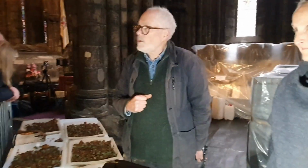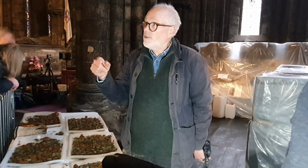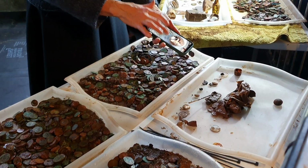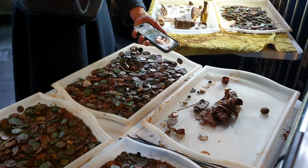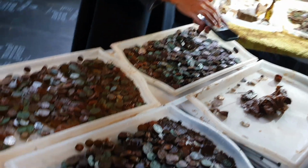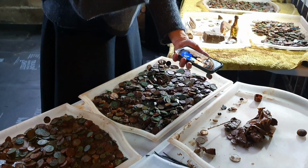So is the stonework in there the same age as this stonework? Yeah, it's all of a piece. It's from the middle 13th century. So down here, that's him at the bottom. And then he spent about 2.5 hours just filling up buckets and bringing them up by pulley. And then the water started appearing. You can see there's some water there. So then he had to